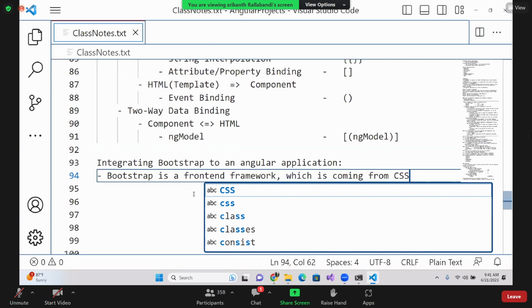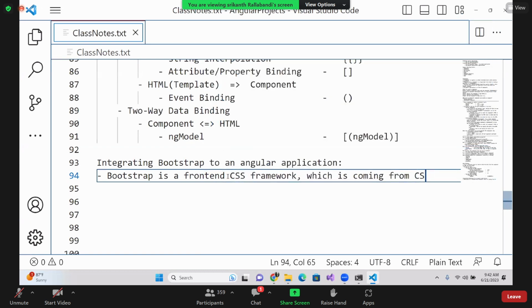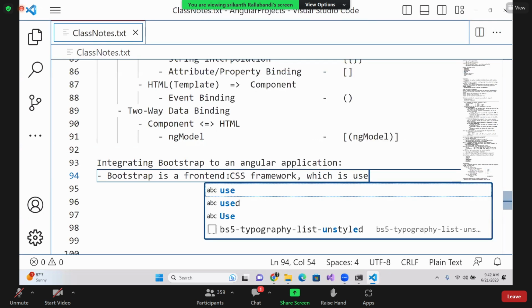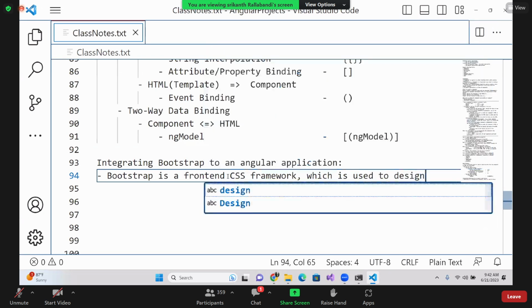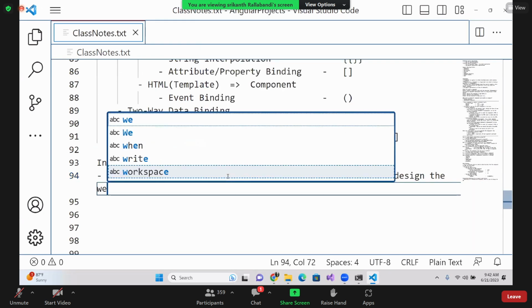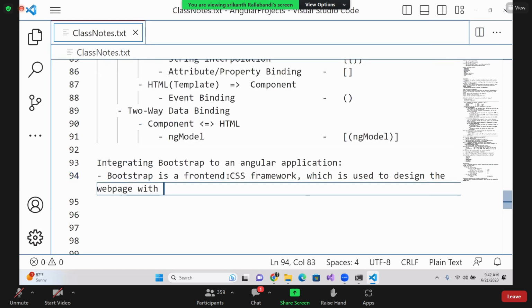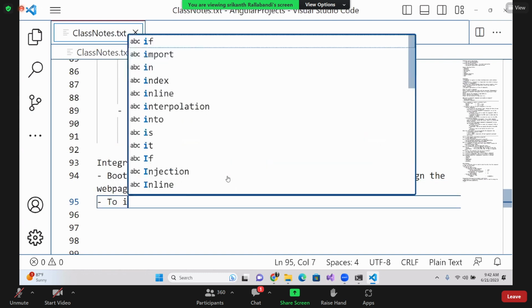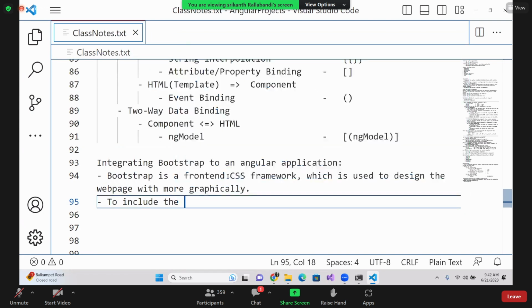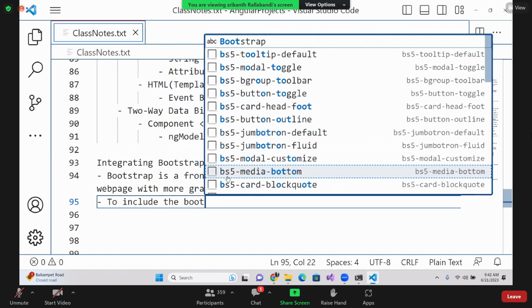Okay, Bootstrap is a front-end, otherwise CSS framework, which is used to design the web page more graphically. Graphically means images. That means by using those images, we can build a good user interface. And to include the bootstrap,